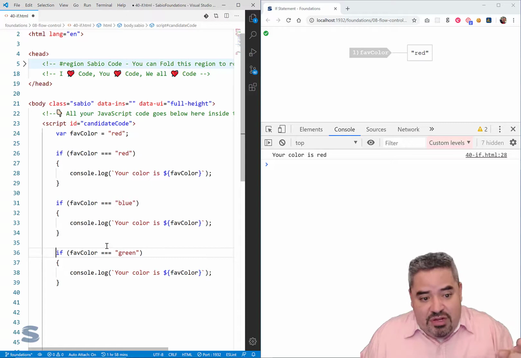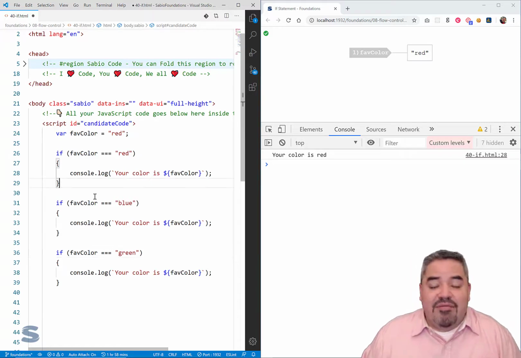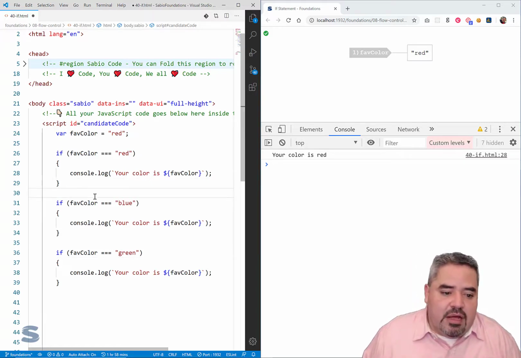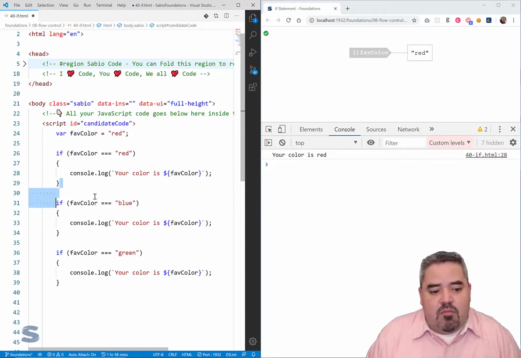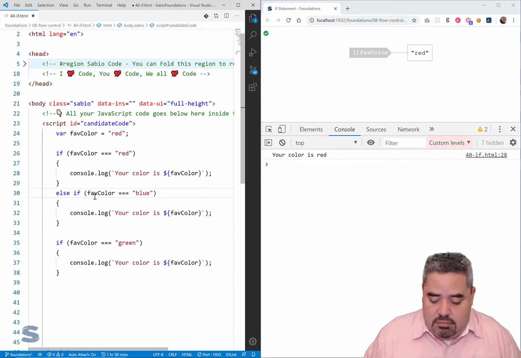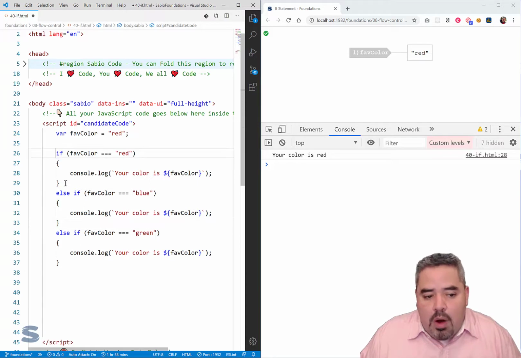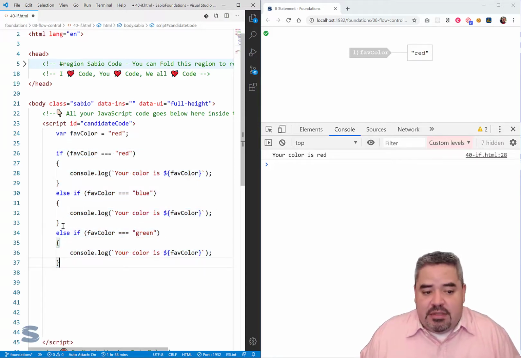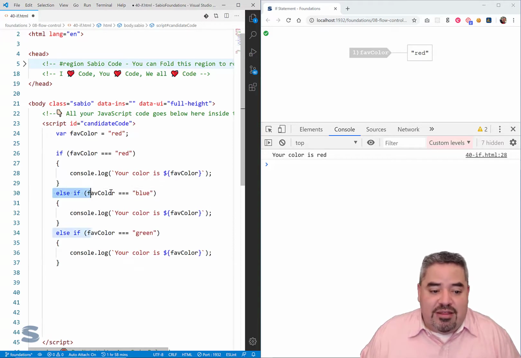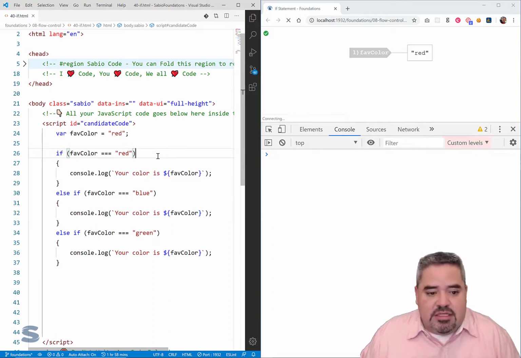And so for that reason, we have the else if statement. So the else if statement is essentially a part of the if statement that says else if. So you just throw an if in front of it. And now this becomes one statement, right? A series of if statements that will conditionally check the else if portion if the preceding if yields false. And so this now checks